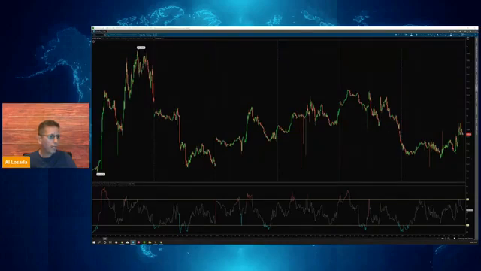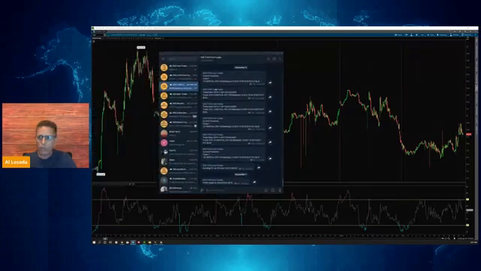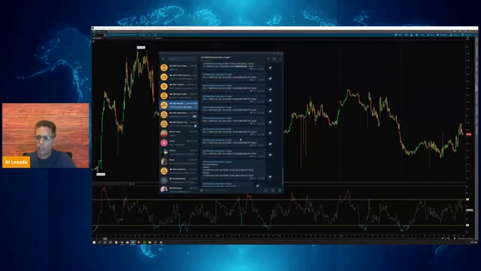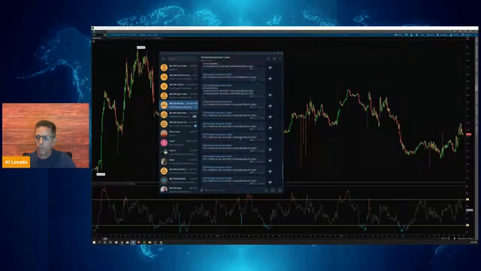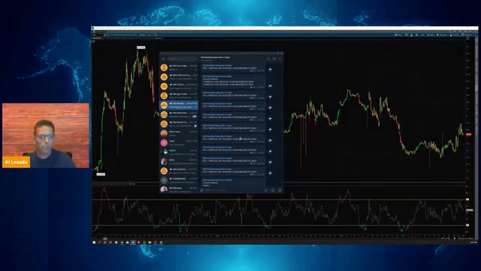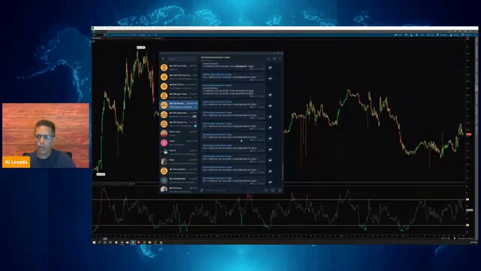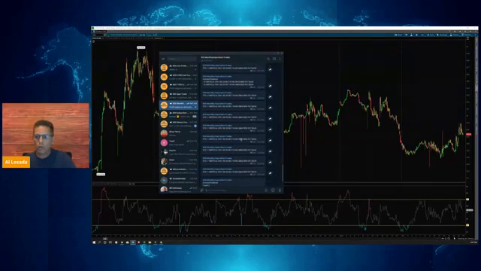Now I did the same thing with the monthly. Let me go to the monthly here, because I think I put on the monthly right around the same time. With the monthly, I'm starting to increase that one too, and so I basically have two 10 wides on, which is basically 20 contracts, the equivalent of 40 contracts with 5 wide. So I'm starting to move up now with my